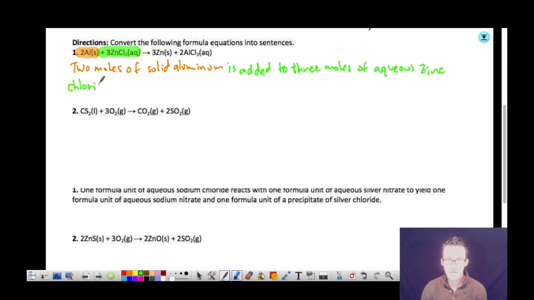Remember, even though zinc is a transition metal, it doesn't need a Roman numeral. To form